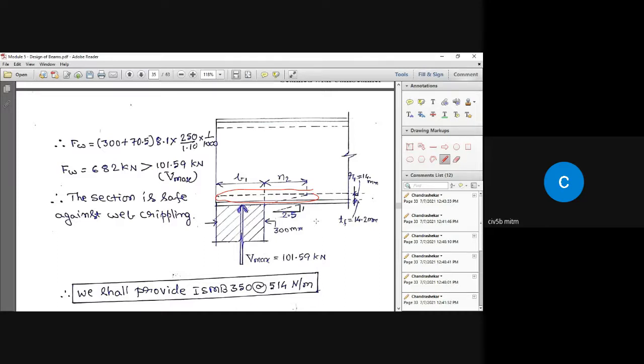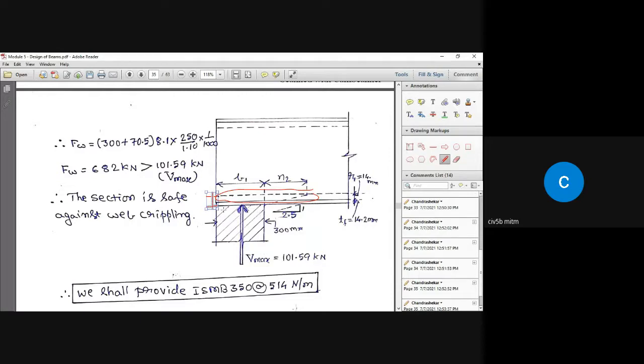So where did we get that N2 equal to 2.5 horizontal to 1 vertical? If you go to page number 67, second column under 8.7.3, in the last line you would see N2 equal to something. And in the first line of the next page, you will see 2.5. So 2.5 horizontal, 1 vertical. What is this vertical distance? This vertical distance is going to be the thickness of the flange plus R1.